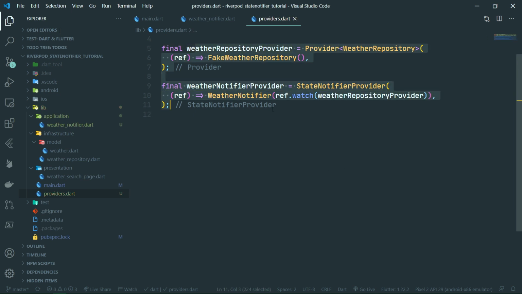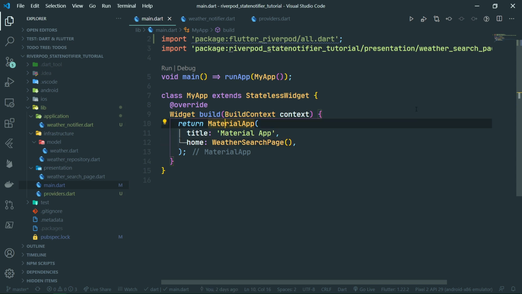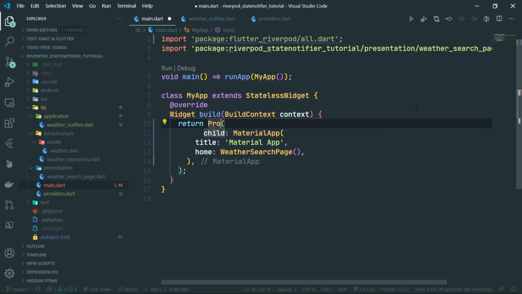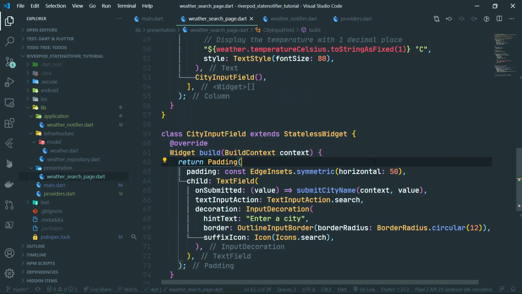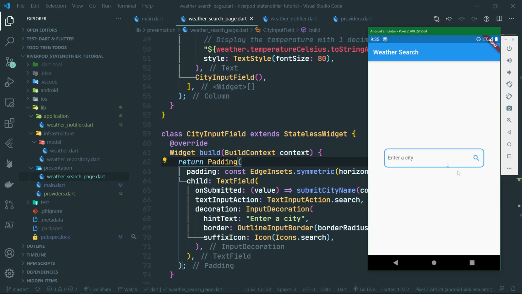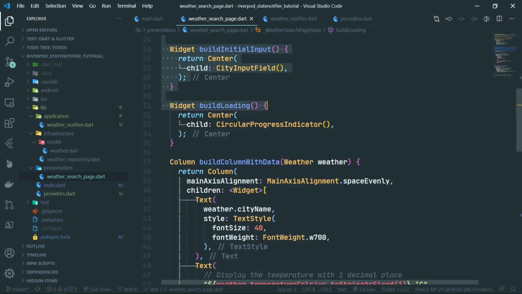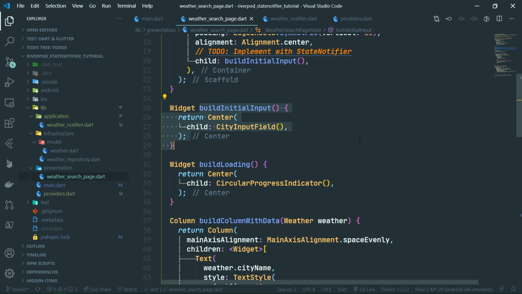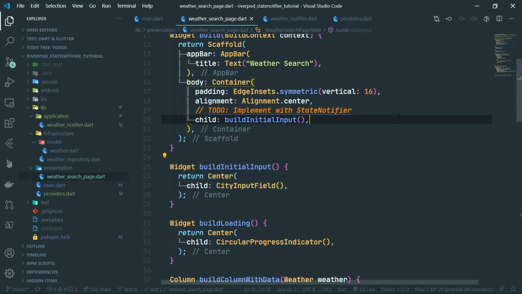With these providers implemented, we can now hop into the user interface. So just like with every other Riverpod project, we need to wrap the whole app inside a provider scope. So let's wrap the material app inside main.dart with provider scope. And we're good to go. Now, as you could see at the beginning of this video where I showcase you the finished app, we have these methods which we need to call on certain states. And to rebuild the UI whenever the state changes, we are going to use the consumer widget, which you are familiar with already from my previous tutorial about Riverpod. So right here where we say implement with StateNotifier, we are going to set the child to be a consumer,